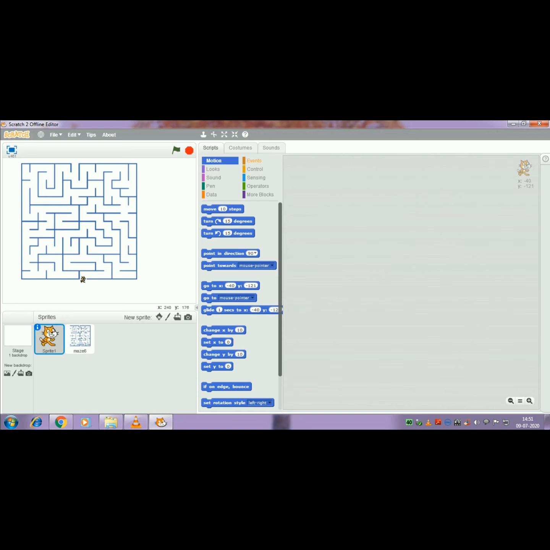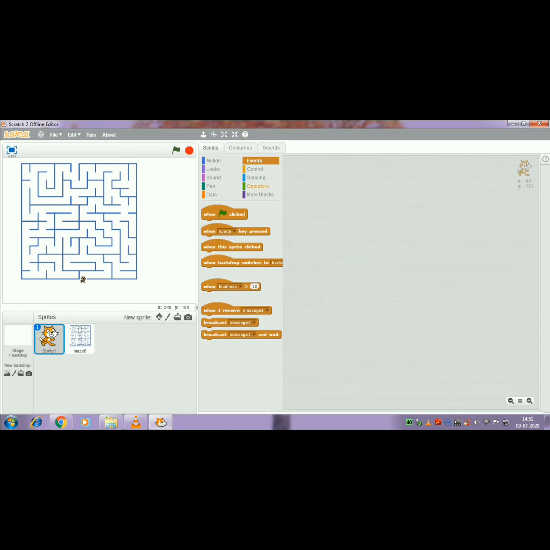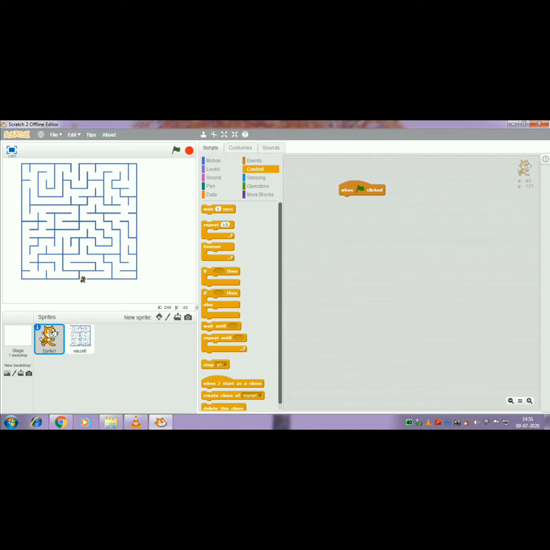So go to the event category and choose when green flag clicked. After selecting that, what is the next step? You have to choose forever. Where is it? Yes, under the control category you have the forever block.